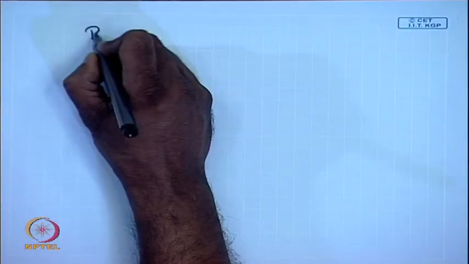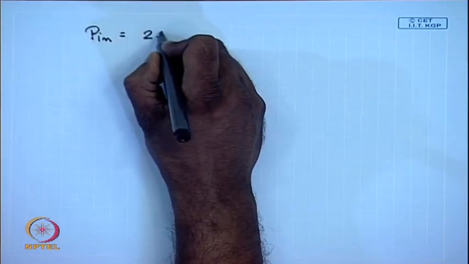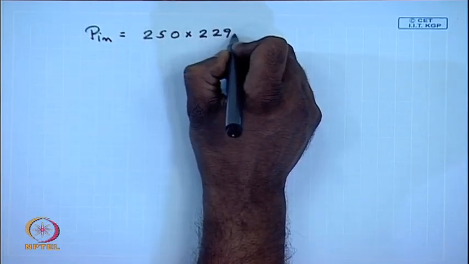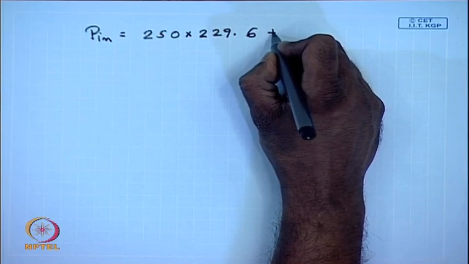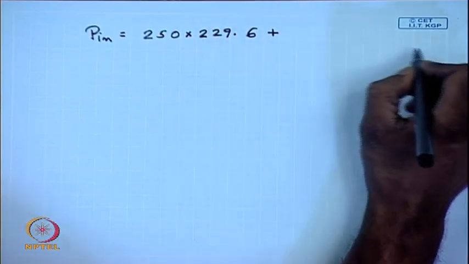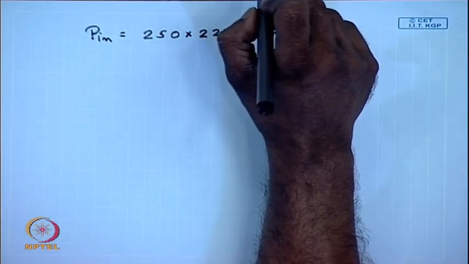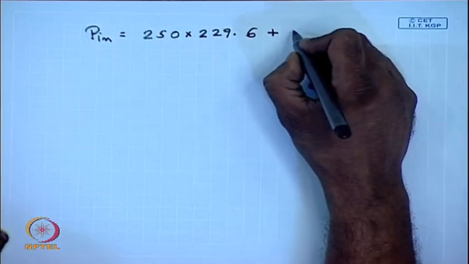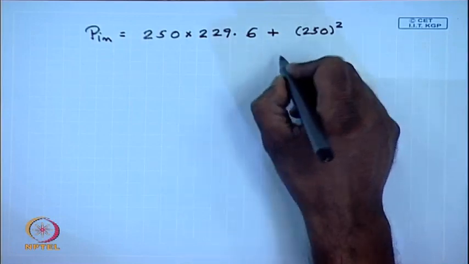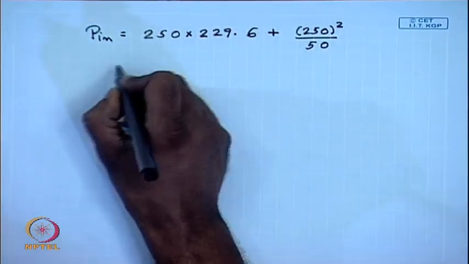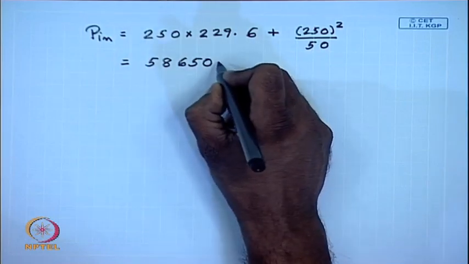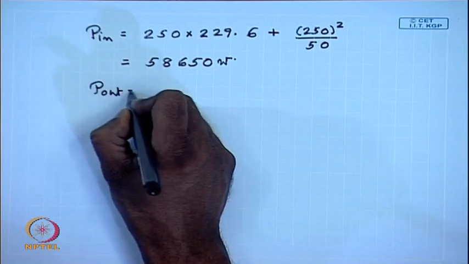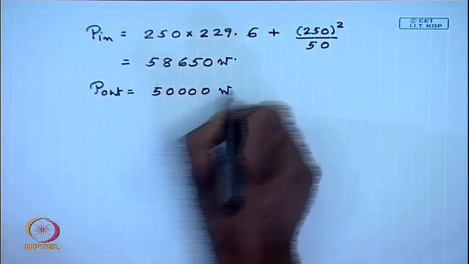So, input power P in plus the shunt field power is 250 square by 50, this comes to 58,650 watts, and P out equal to 50,000 watts. So, efficiency is